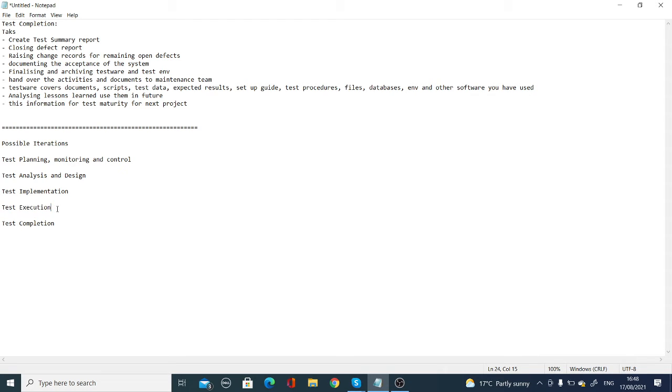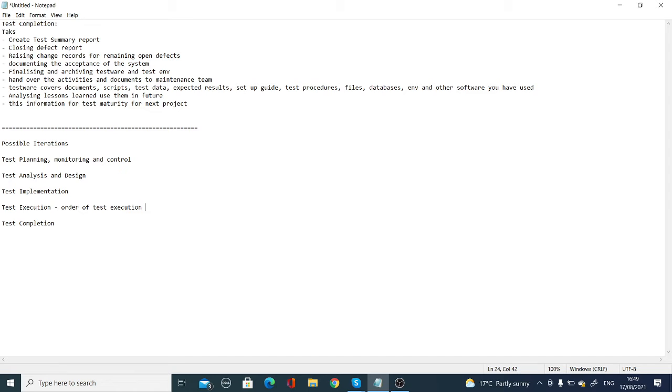Let me explain step by step so you can understand. You are executing a test case and you find this script is incorrect. This should not be the order, the order of test execution is incorrect. If you think the order of test execution is incorrect, then you go to the test implementation phase and redesign the order. Rework the order of execution.